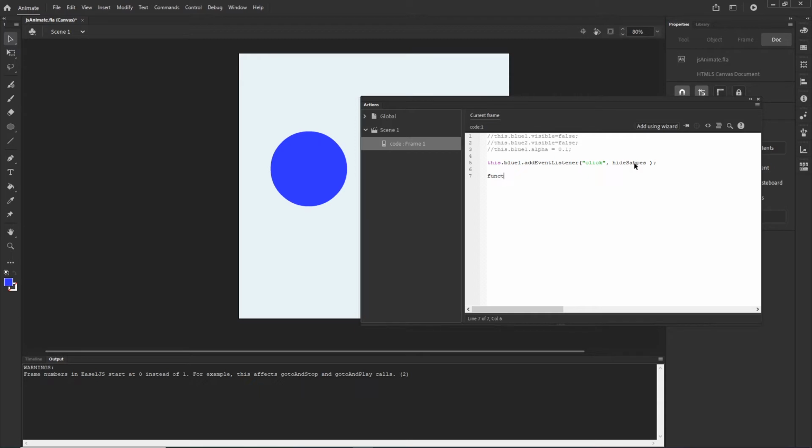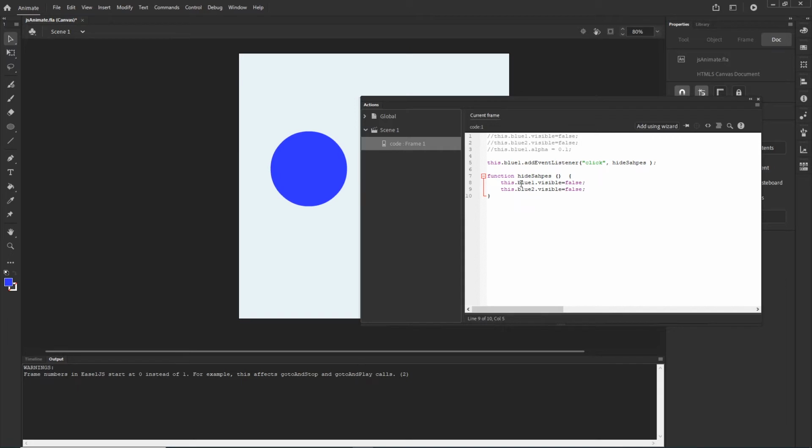So I'm going to type function. When you want to create a function, you will always start with the function, then the name of the function. I am going to copy this from here. So function height shapes. Then we have to create parentheses, and then we want to create the body of the function. So curly parentheses, enter. It should create this automatically. And right now we have the body of the function, and we can type in here anything. So I can, for example, copy this, Control C, go in here, Control V, and with the tabulator I am going to put it in the same place. I will get rid of the comments,